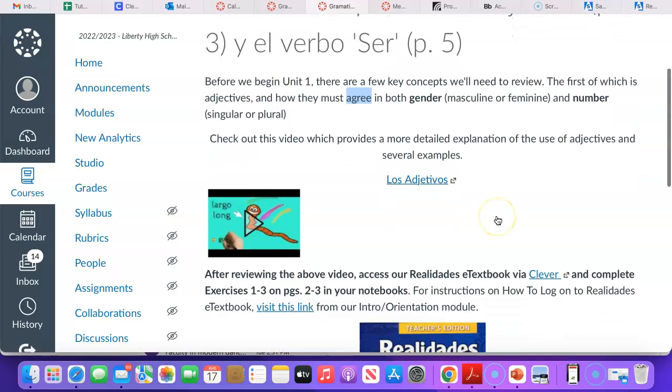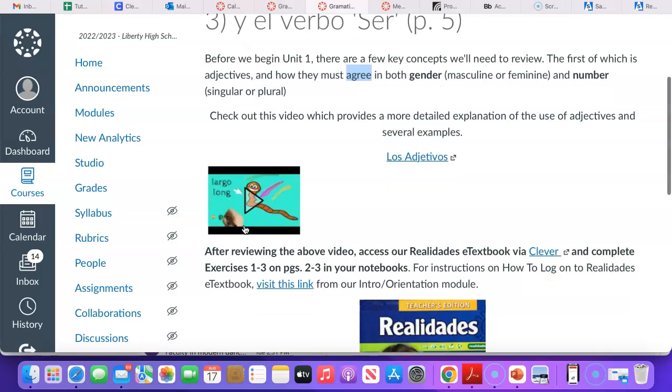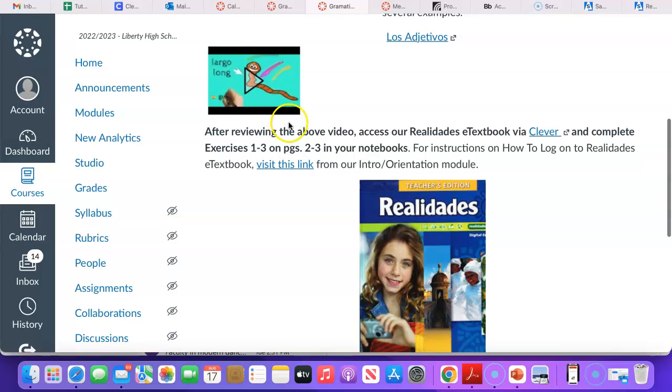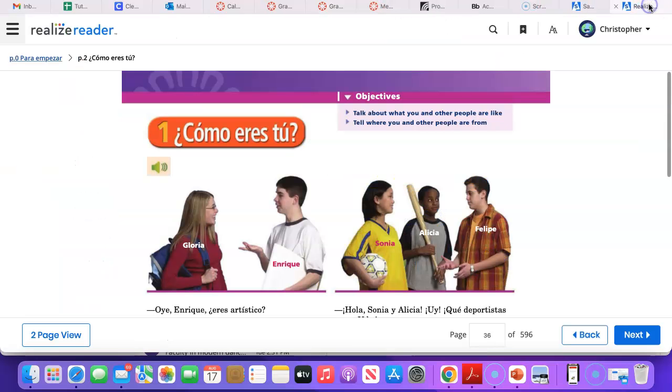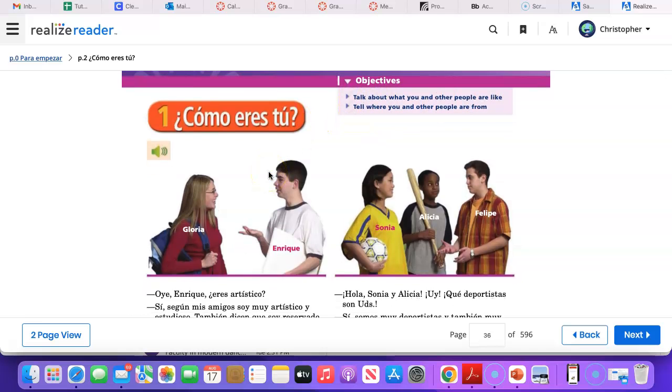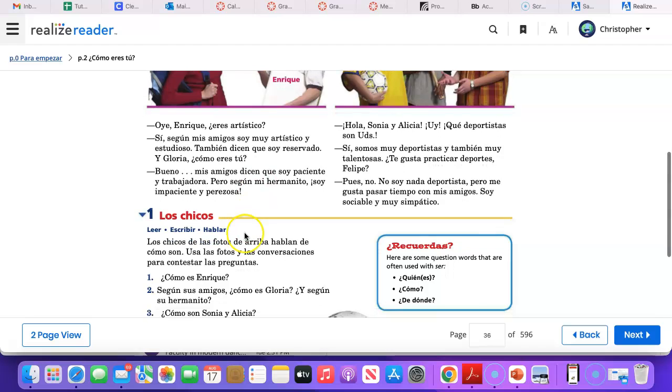And so all we're going to do, you can check out some of these videos that articulate further the concept that I'm talking about. Or you can go ahead, if you feel like you're ready, and dive into exercises 1 through 3 on pages 2 and 3. And you're going to do this in your notebooks. So let's go ahead and pull up the e-textbook. Again, you can utilize the textbooks that are in the classroom. So for exercise 1,